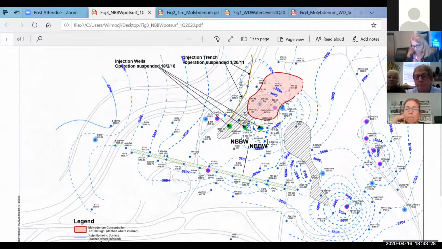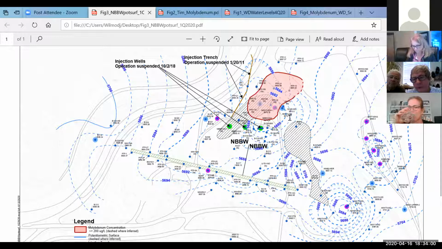And this one takes that same information and overlays the potentiometric surface for the weathered Dawson. And so you can see that delineation there. And then the potentiometric surface. These hatched areas on the east and west side here, those are dry areas. So this is a part of what we're seeing as a trend, a real drying out of an absence of